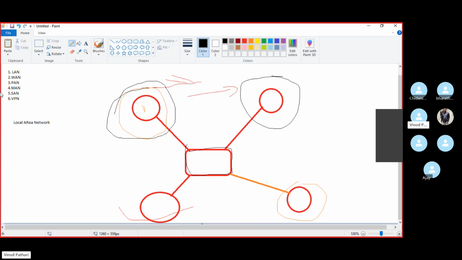So in the name itself, it is saying it's a wide area network. What is meant by wide area? You can connect everywhere, globally, by using the WAN. The WAN is the main reason for us to connect to the internet, and only by using the WAN connection can we go to the internet. Okay. So in an organization, the connection looks like this.